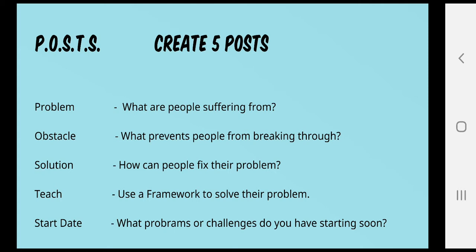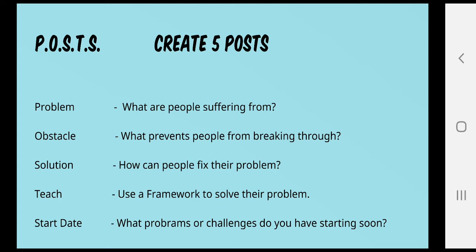So week 4, teach. Use a framework to solve the problem. Tell them what the framework is. You might come up with 3 things. Like in addiction, I say the 3 elements are the physical addiction, the habit, and then the emotional battle. In marketing, I say things like you need to first get leads and then build trust and then make the sale. And then week 5,